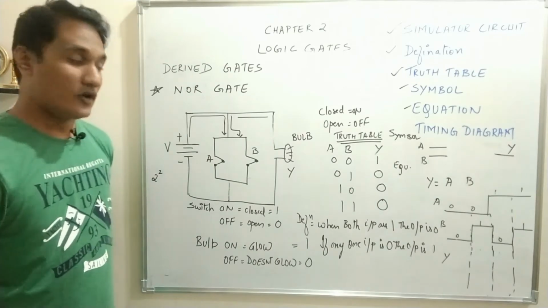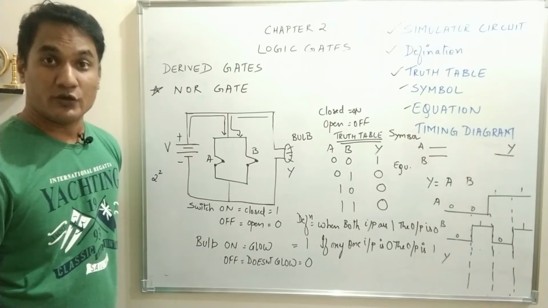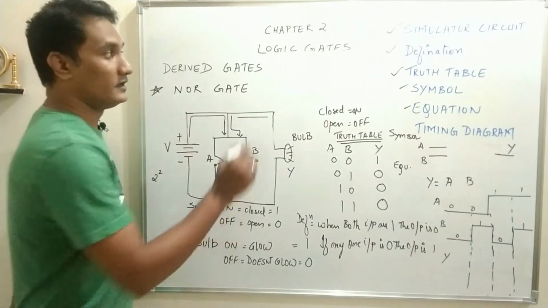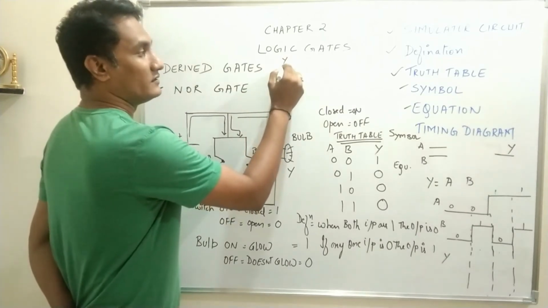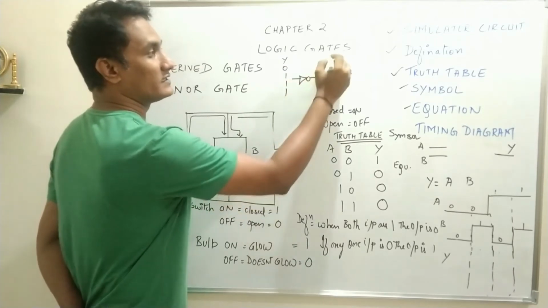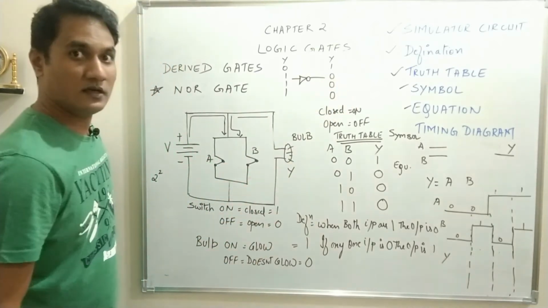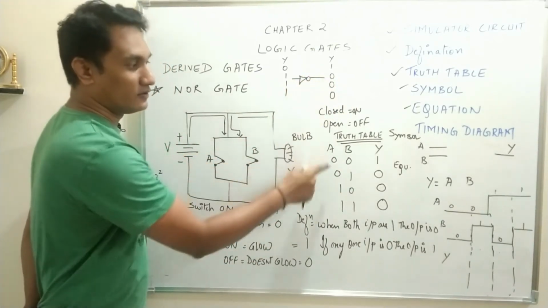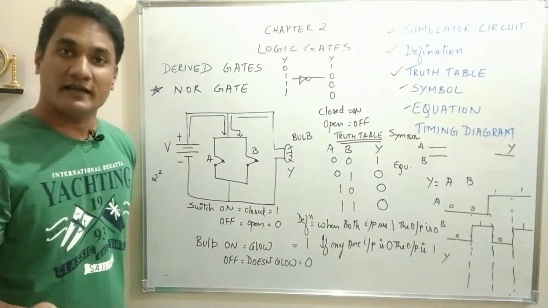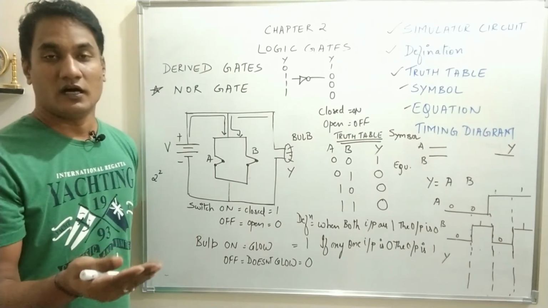So output of NOR gate is 1, 0, 0, 0. Now if you compare this table with the table of OR gate. So what was the table of OR gate? 0, 1, 1, 1. And if you apply a NOT operation to this, what will be output Y? 1, 0, 0, 0. It will complement the values. And what you can see is 1, 0, 0, 0 is the output of NOR gate. So how do we design NOR gate? OR gate followed by a NOT gate will give you a NOR gate.